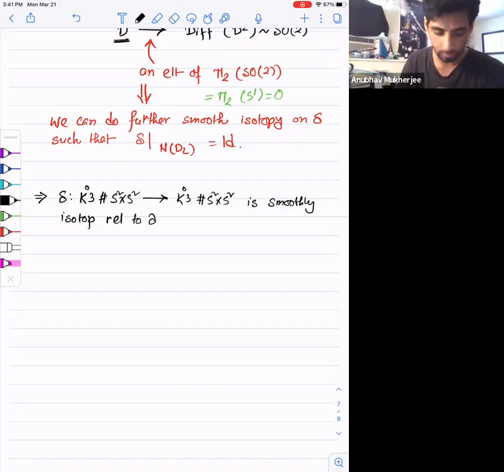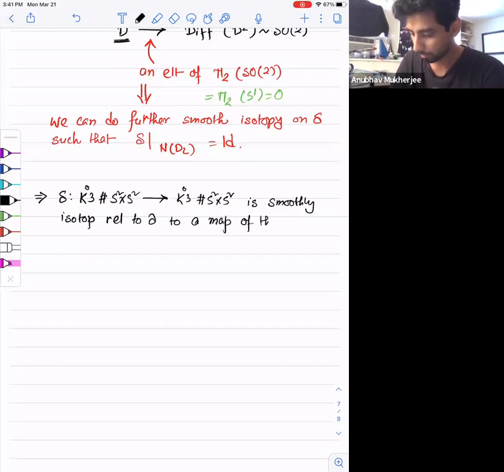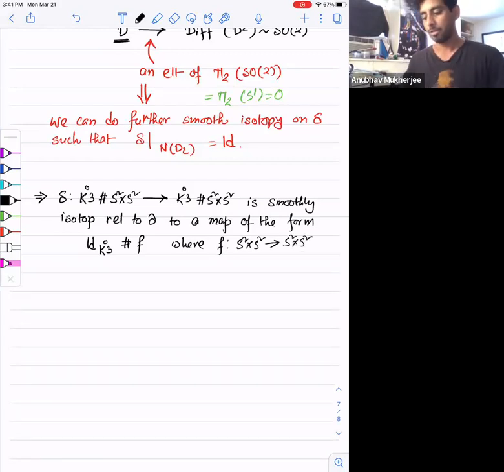Relative to the boundary, it is isotopic to a map of the form identity on K3 connected sum F, where F is a diffeomorphism from S2 cross S2 to S2 cross S2. So the picture is following that